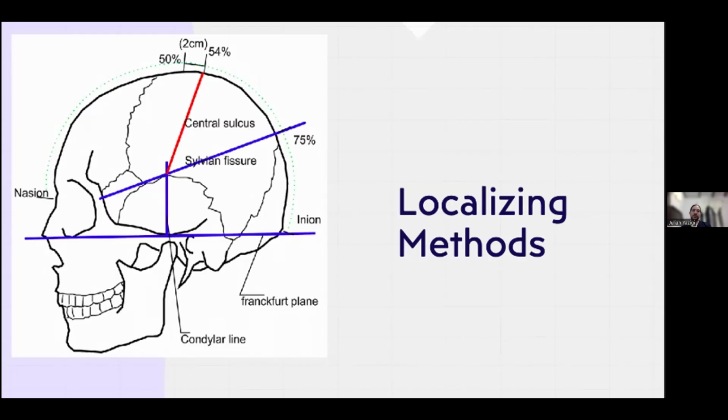To complement this line, a horizontal reference can be established using the Frankfurt horizontal plane, as viewed in the image on the slide, right? It's defined by a line extending from the inferior orbital margin to the superior margin of the external auditory meatus. And this plane represents the anatomical horizontal orientation of the skull and ensures consistency in head positioning. Closely related to this is Reed's line, or the orbitomeatal line, which runs from the infraorbital margin to the center of the external auditory meatus. In practical terms, these planes align our spatial understanding with radiological imaging and serve as the horizontal axis of the